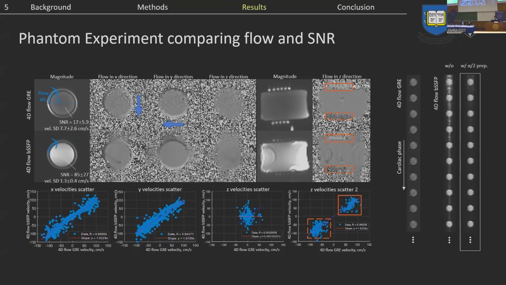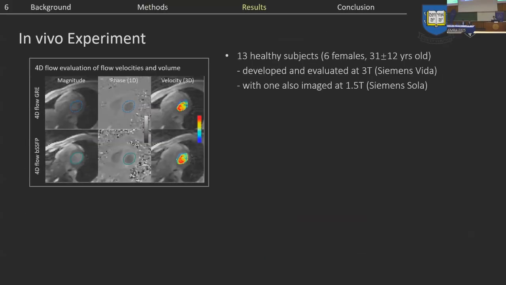The top row is from the 4D flow GRE, the standard method, and the second row is from our method. You can see much better SNR, and we compare the velocity measure in all three directions, X, Y, and Z. They show very strong agreement. I also want to show that without any alpha over 2 preparation, we have very strong artifacts from the 4D flow BSSP. So we have to use some preparation. We use navigators. And then we conduct in vivo experiments at 3 Tesla and 1.5 Tesla